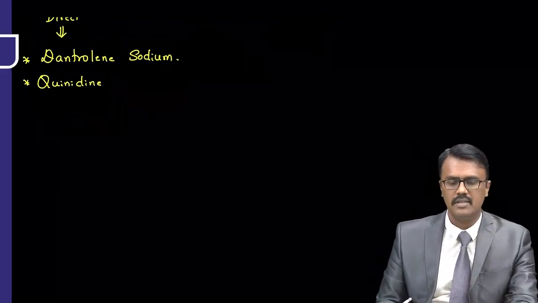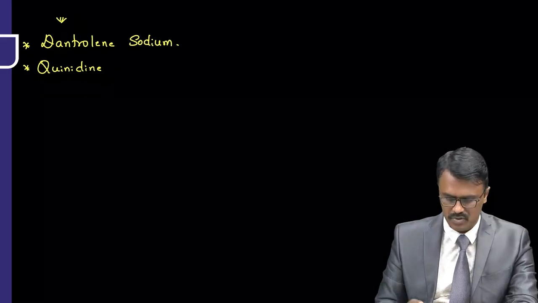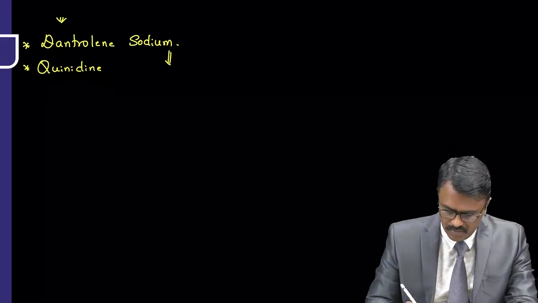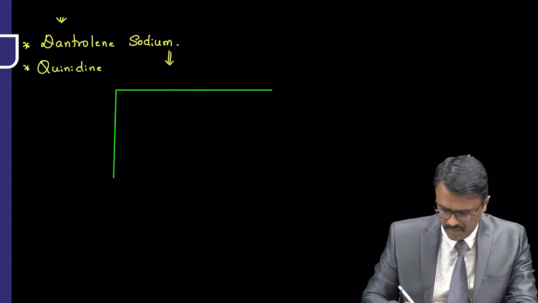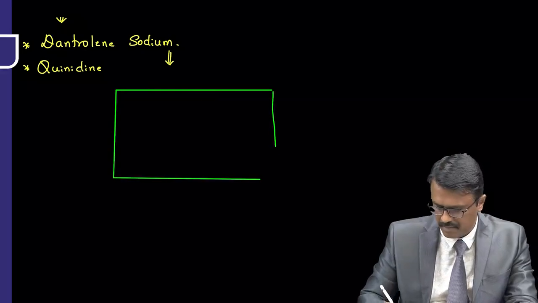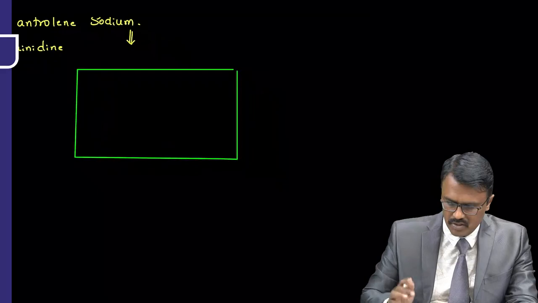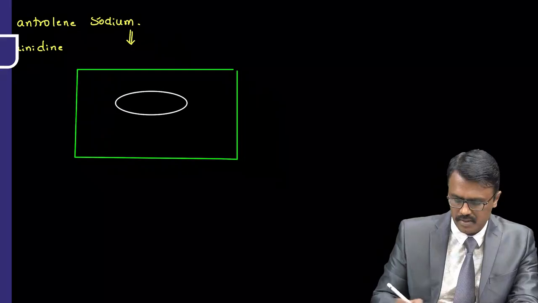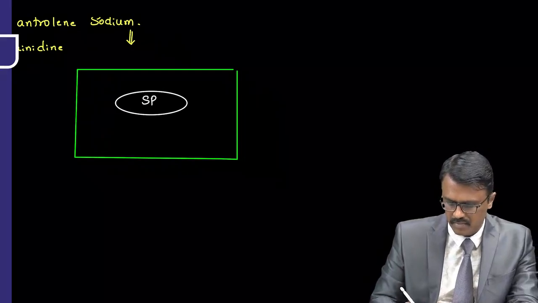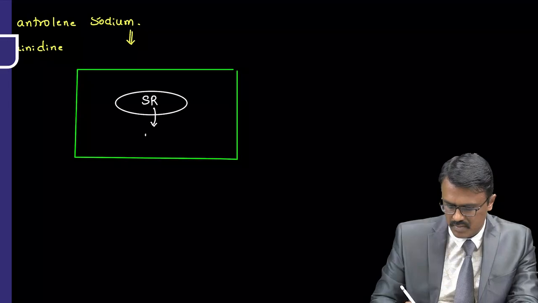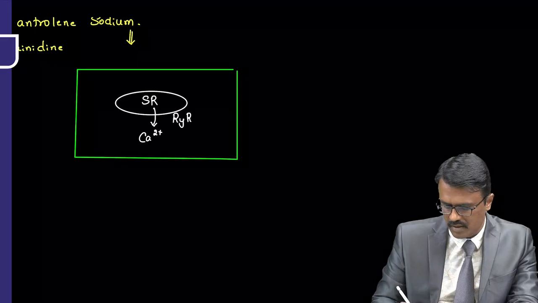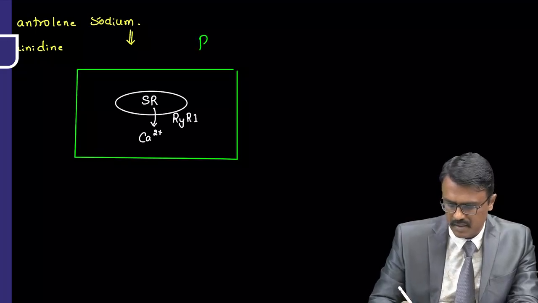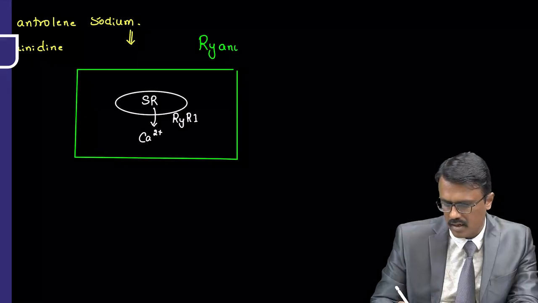First of all, let us discuss the story of dantrolene. So let us see the importance of dantrolene sodium. Now let me write here. This is the muscle. This is the skeletal muscle cell. Right. So here what happens? There is the ryanodine receptor on the sarcoplasmic reticulum, and from this the calcium is released. And the receptor is called ryanodine receptor 1. I write the full form here. It is called ryanodine